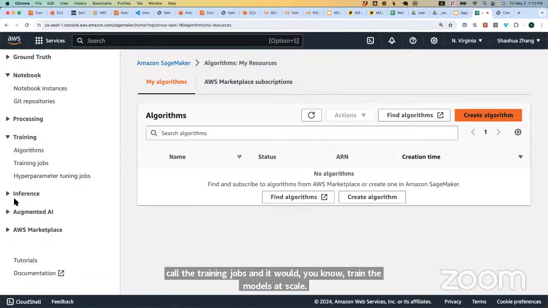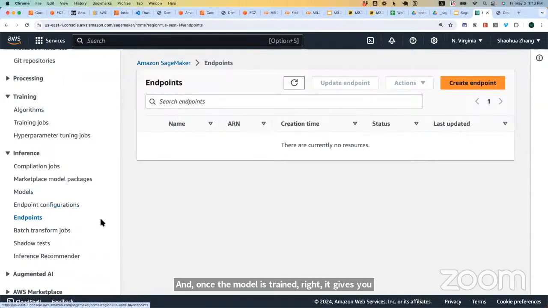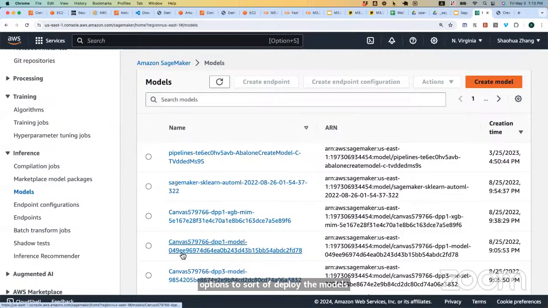And once the model is trained, right, it gives you the options to sort of deploy the models. You have different options to deploy the models as prediction endpoints. They have pipeline services that allow you to build machine learning models end to end. So that's a managed service, because if you are a data scientist and if you want to do something end to end, labeling data, wrangling data,